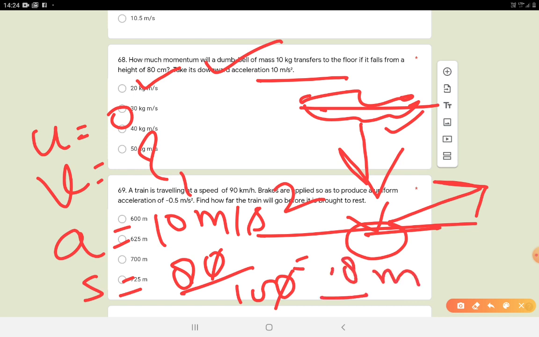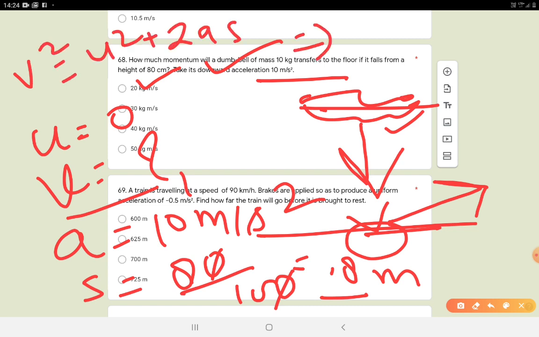You should know this point, okay. This point is very important. After this we will easily solve this one. We have been given initial velocity 0. We have to find the final velocity. Acceleration is also given, and the displacement, or distance, or height, which is 0.8 meter. Now we have to find V. So which equation of motion will we use in this question? We have 3 equations of motion. We can easily find it by V square equal to U square plus 2AS. As we know, V square equal to U square plus 2AS. We will apply this. By this we can find the value of V.